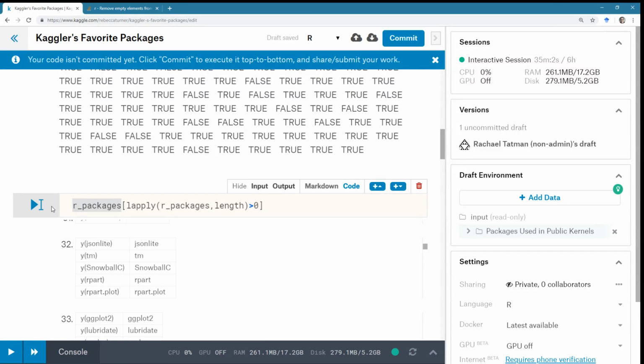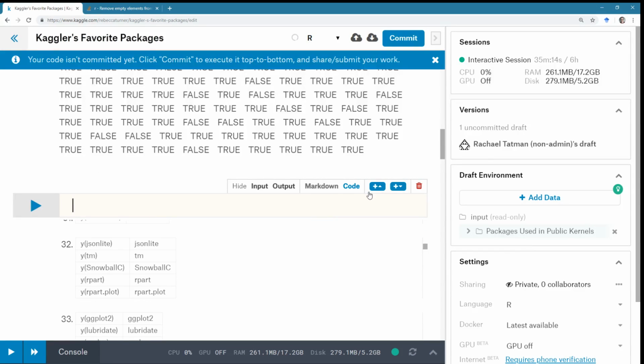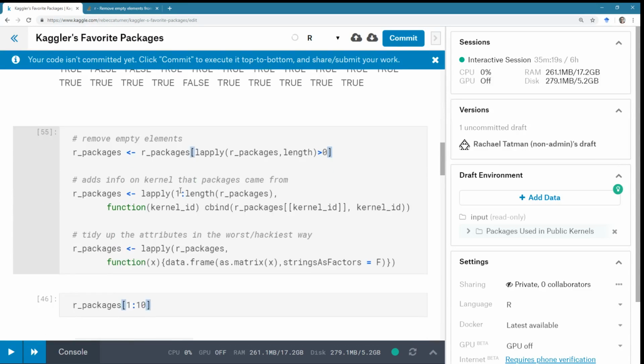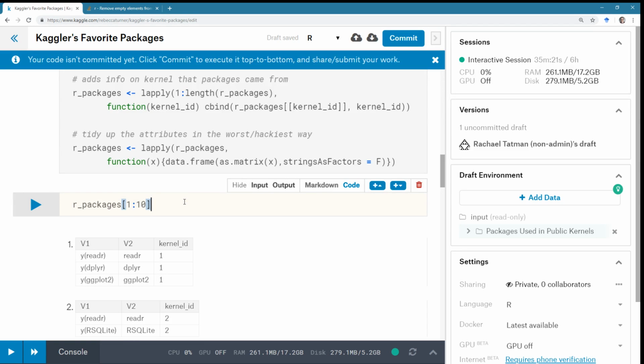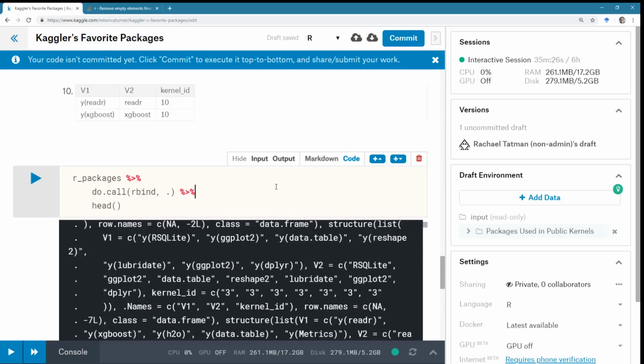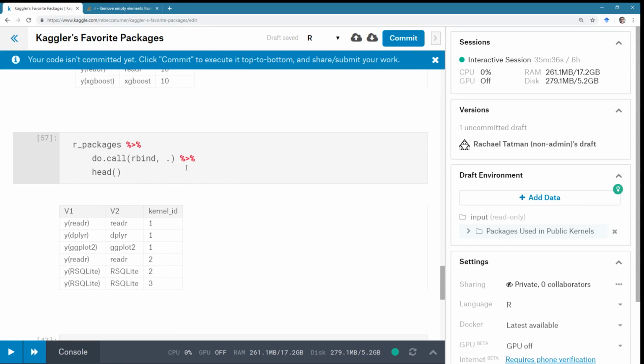So what I'm going to do is I'm going to use this to remove empty elements, and then our R-bind should work. Remove empty elements. Okay, that's a reasonable thing. That's kind of what we expect it to look like. And when we try to R-bind it together, it works! This is very exciting. I'm very delighted that this has worked.